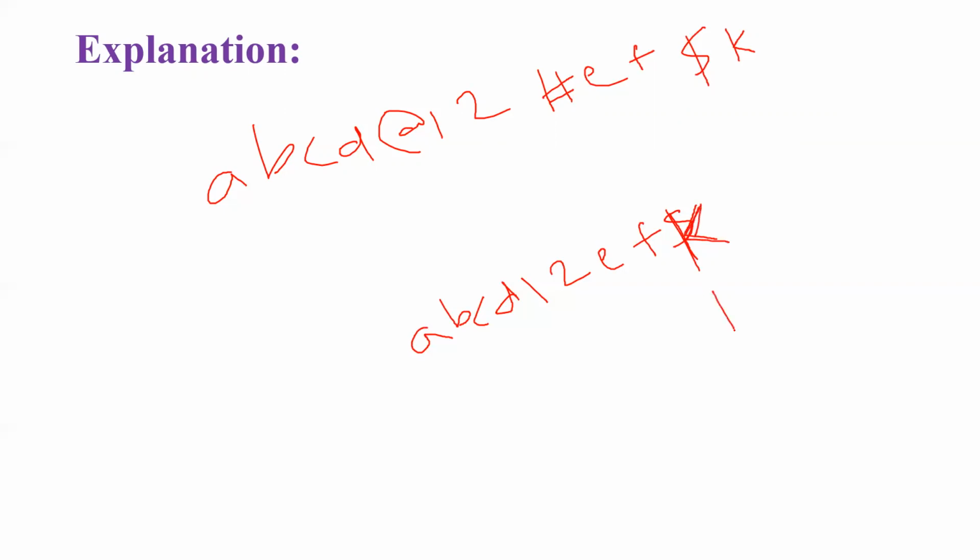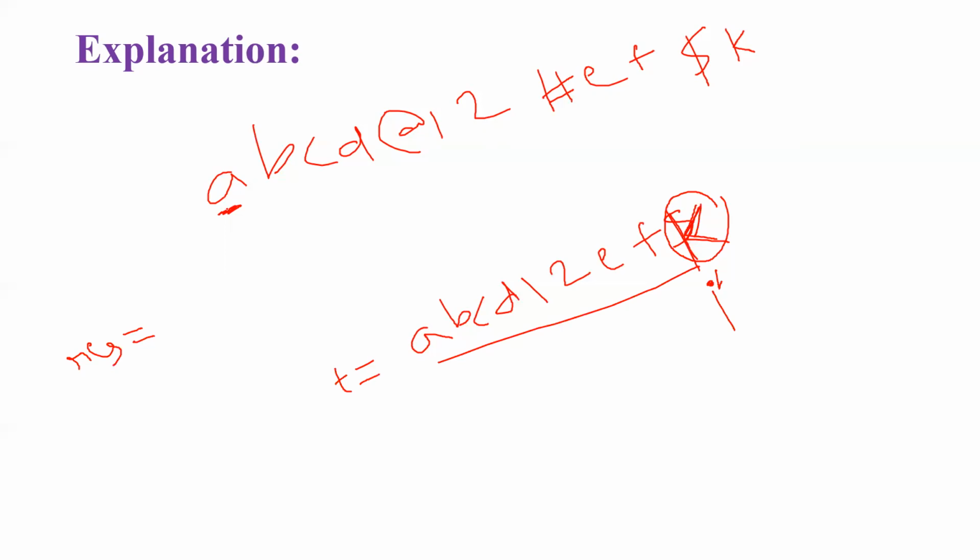Now let I be pointing to the end of this string. Now I will take a result variable to hold the result. Now observe, first I will check whether it is an alphabet or a digit. If it is an alphabet or digit, I will replace it with this character, let this be temp, it's nothing but temp of I. I will replace it with temp of I. If it is a special character, I will keep it as it is.